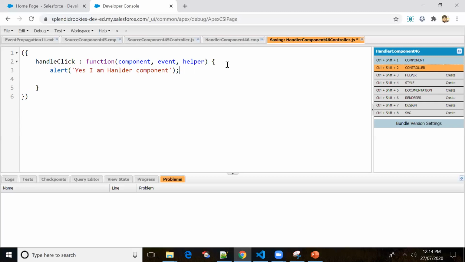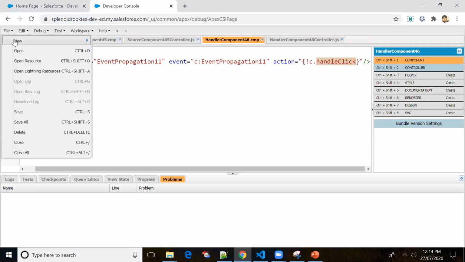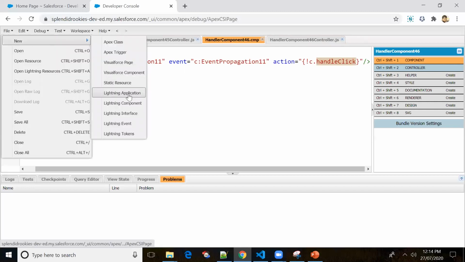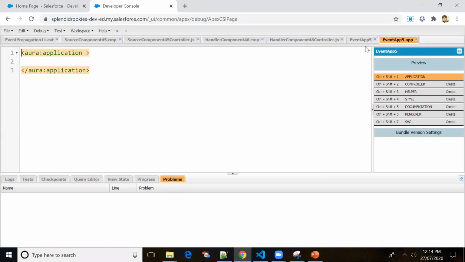Now I'll not include the child component here. In the lightning application, we'll put these two components and try to see it in a different way. Event fine, so we'll see whether we are still able to pass the value or not.